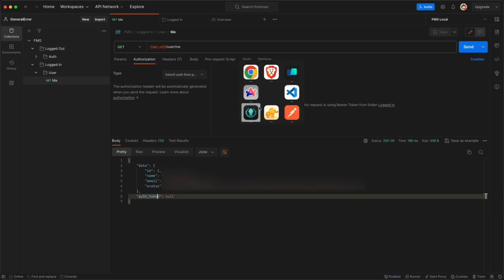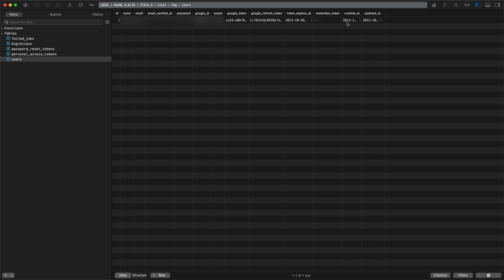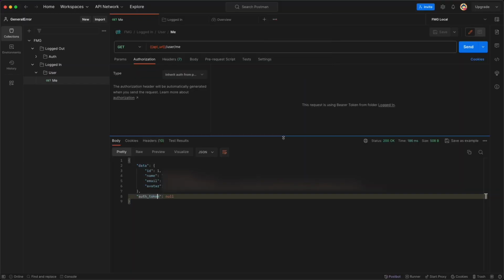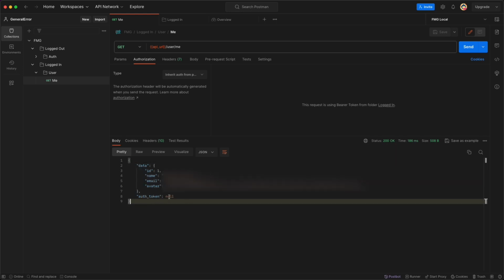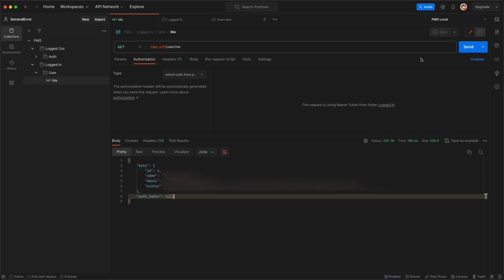So now let's go to the database. We're going to change the date of the token expiry, right? So let's just change the hour to a couple of hours back. Let's save that. Let's go back to our Postman. So now we expect this token to be refreshed, and we should get a new value in the auth token in here. So let's say send. Okay, you can see that we actually got the new value in here,